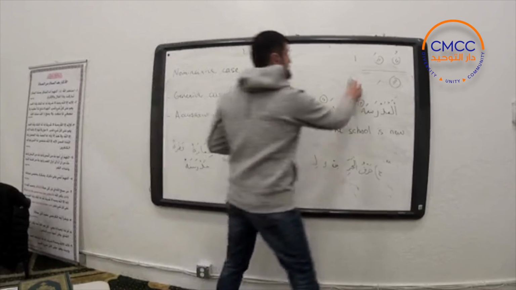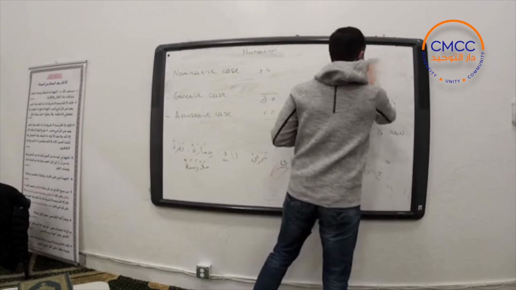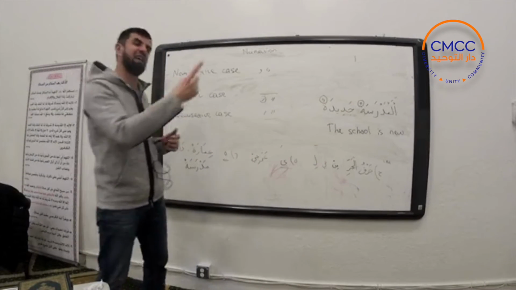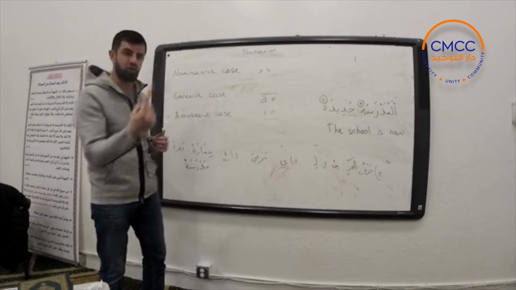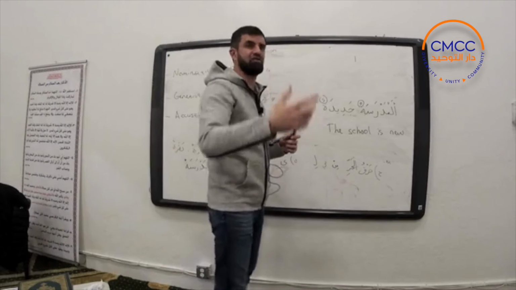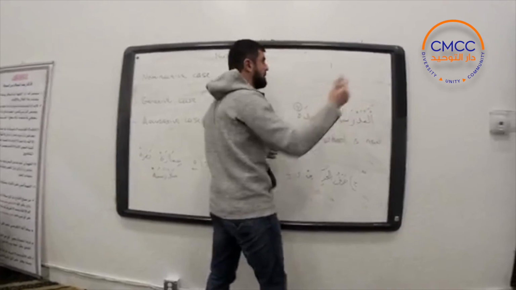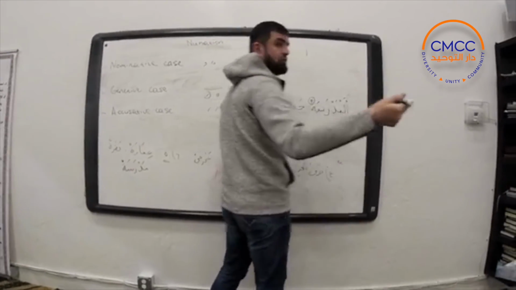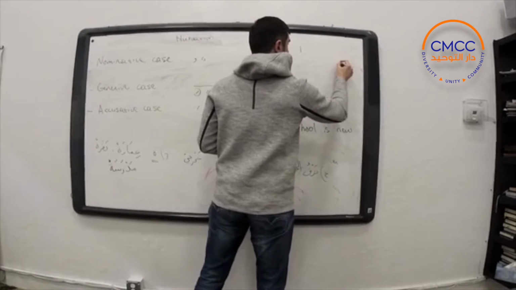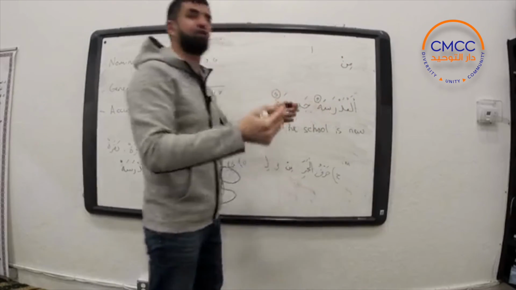If we're talking about the genitive case, as I told you, there are two reasons. The first reason for them to be in genitive case, e or in, is a preposition, or what we call harful jar. And you guys mentioned it, right? I mean, it's in, on, upon. In Arabic language, you mentioned, for example, min, from school.